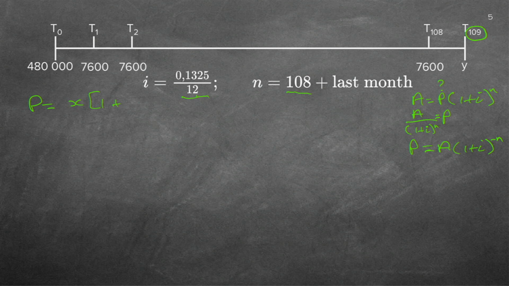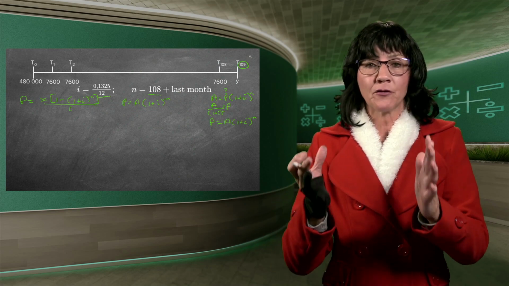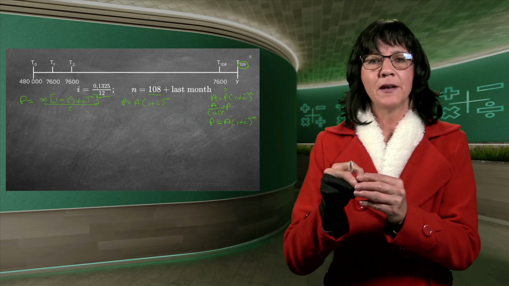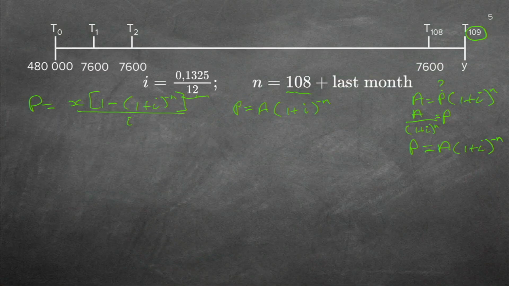Just get it right. Now I'm writing the two formulae next to one another. Remember what we do? If I now use the P formula as you used to do, and I use it over the full time period of 108 months, which is not the full time period where I'm going to pay 7,600 Rand, then I need to add the last month. So I'm going to actually write the whole formula down like this.